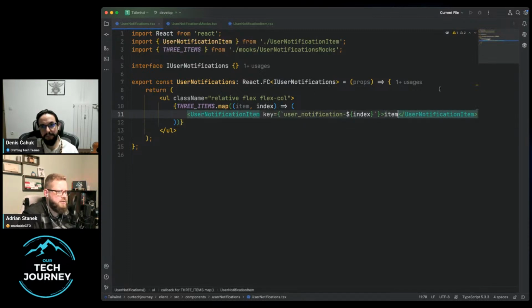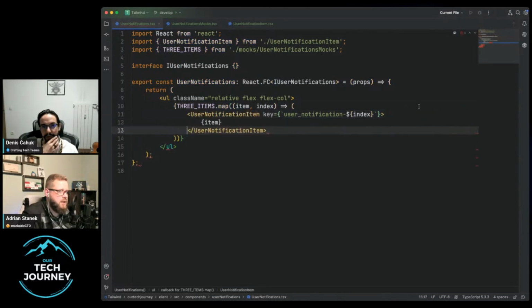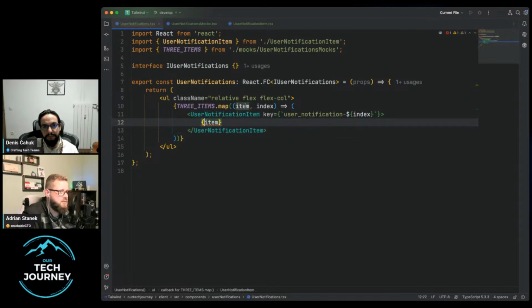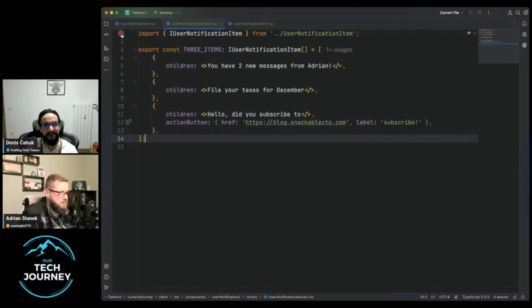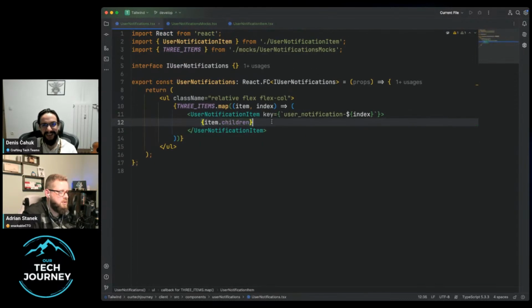We should refactor that. That was really not good. I agree. Yeah, but we will refactor that. So add that as a variable. At the moment, it's a literal string. Thank you for catching that. And put in children instead. No, sorry, item dot children. See, that's the part that we should have refactored already because we already saw that that's going to be a problem just based on how our mocks look. So this already shows us that there's an issue with how we're putting these together.